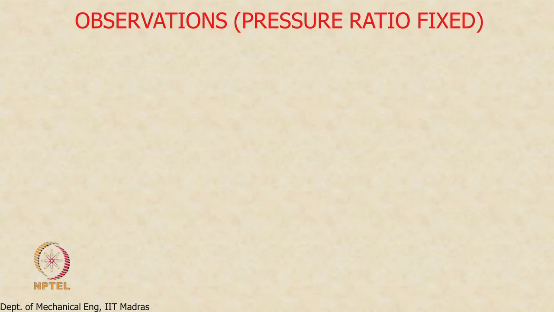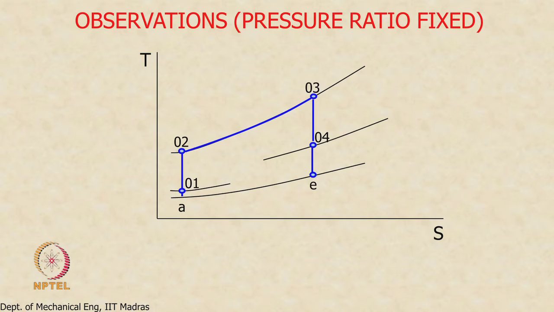So we will first look at the effect of increasing the turbine inlet temperature, keeping pressure ratio fixed. So this was the basic cycle that we saw earlier, right? I have just redrawn the same cycle here. I have not changed anything. This is the basic cycle. What we are going to do now is see what happens to the thrust that is produced and the fuel that is consumed if I increase the turbine inlet temperature, which means I keep sliding along this, and then I want to see the effect on the overall performance.